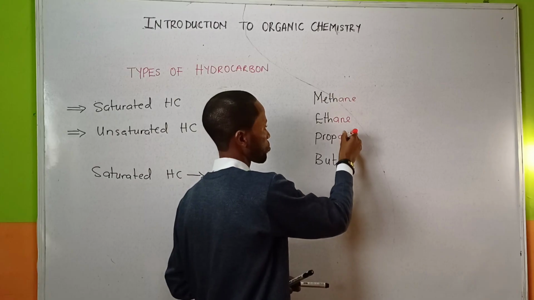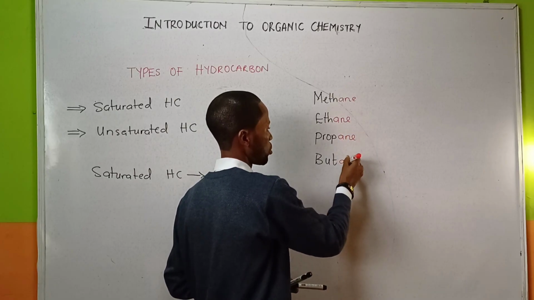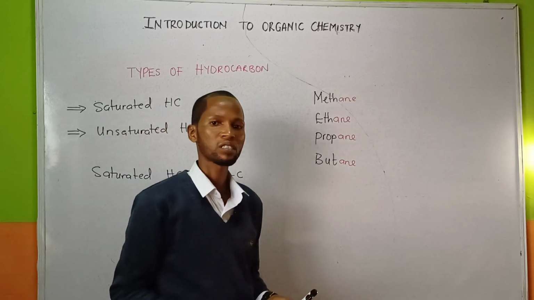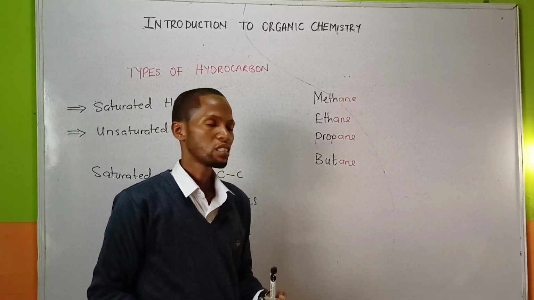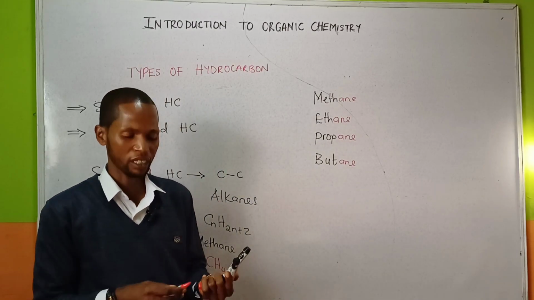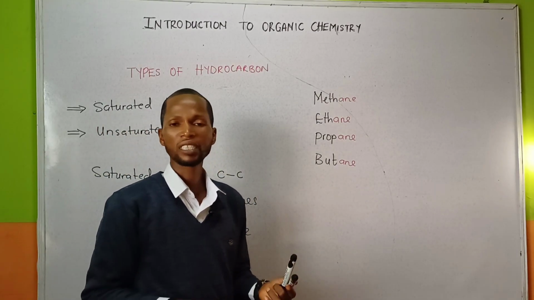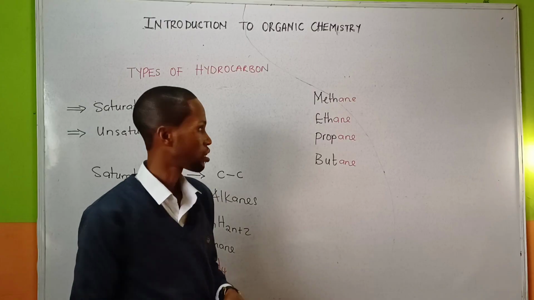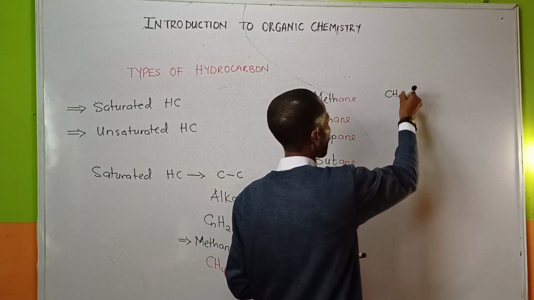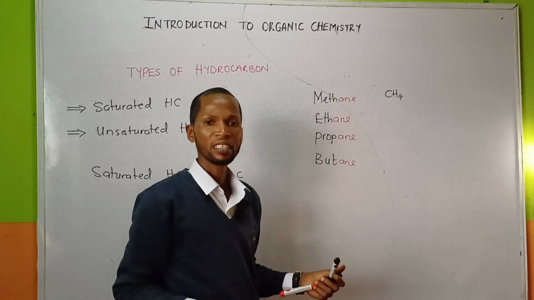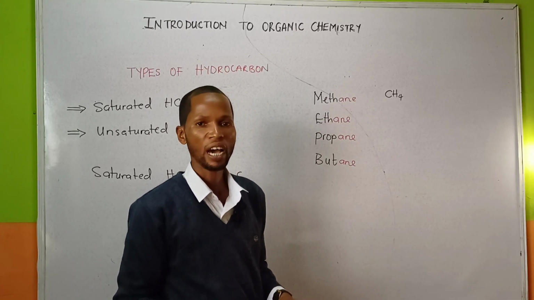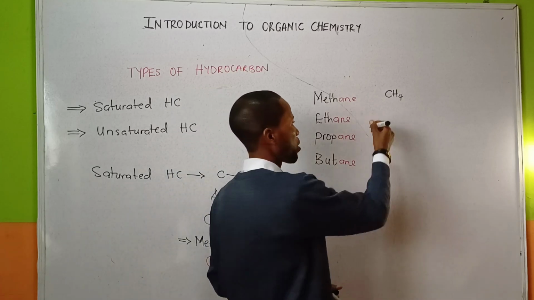ethane, propane, butane. Recall from the characteristics of homologous series, we said the successive members differ from the next by a CH2 group, or a relative molecular mass unit of 14. So we have methane as CH4. When a CH2 group is added to CH4, what do we have? That's right, we have